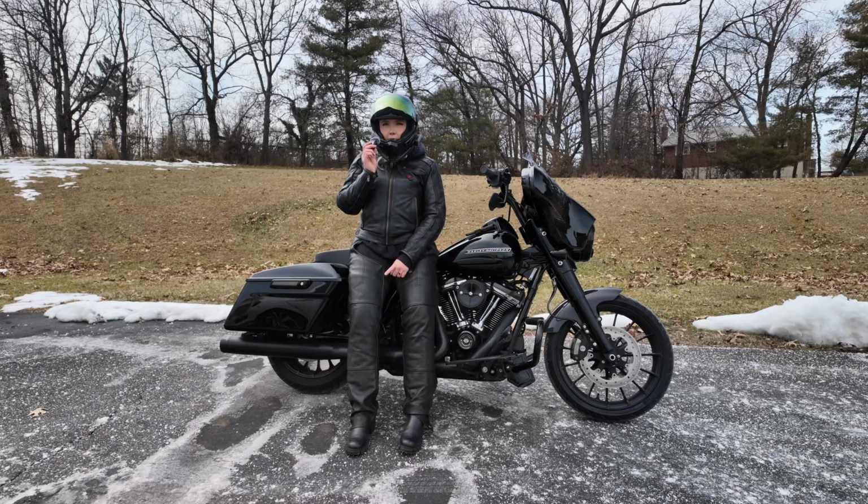I just got back from the Bikes and Breakfast in Eldersburg. It was a 40-minute ride there, a 40-minute ride back. It is currently 40 degrees outside, which is not terrible. I rode this weekend and it was lower 30s, which